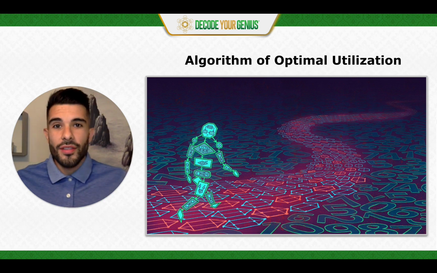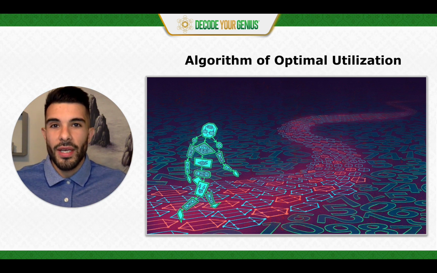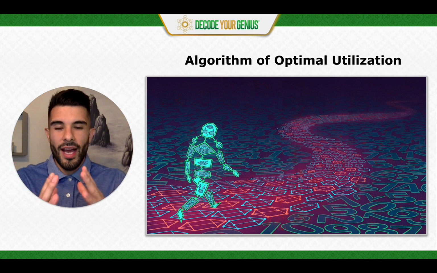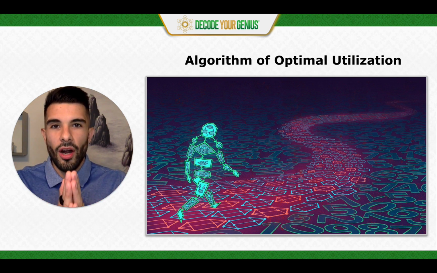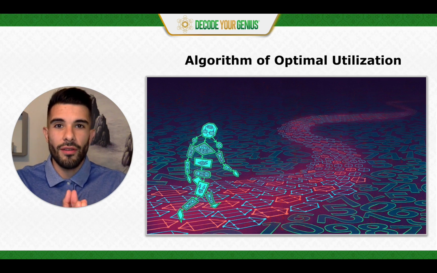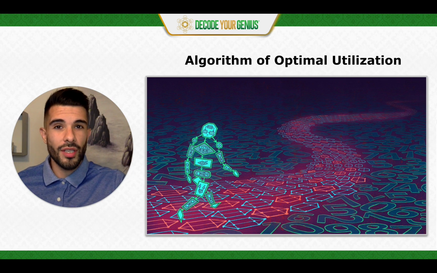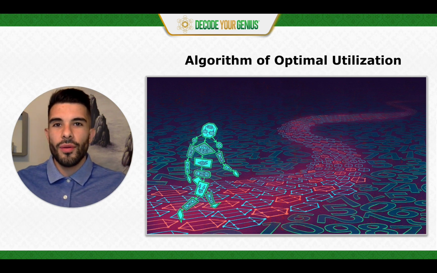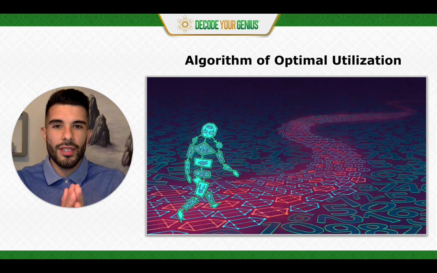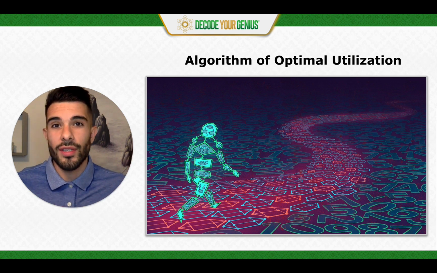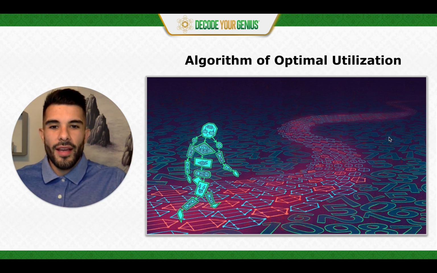So there is you at your best, basically. All these different data points put together are the optimal version of yourself. And there are all those data points becoming the worst version of yourself and everything in between. So just by having a data set like that, there's going to be the best and there's going to be the worst. So let's say the best is the algorithm of your optimal utilization. And